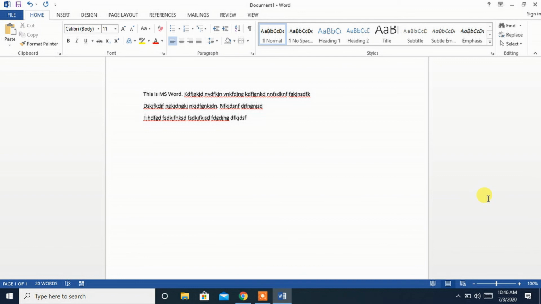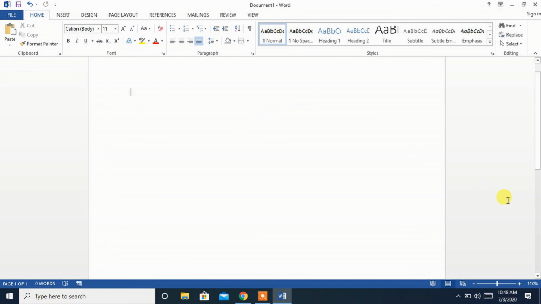So we learned how to type, how to change it to capital case, lowercase, changing the case, toggle case, all this we learned today. See the alignment, how to change the alignment, how to organize it in right, left, center in our next video, and how to make it bold, italic, underline, all those things we will be seeing in the next